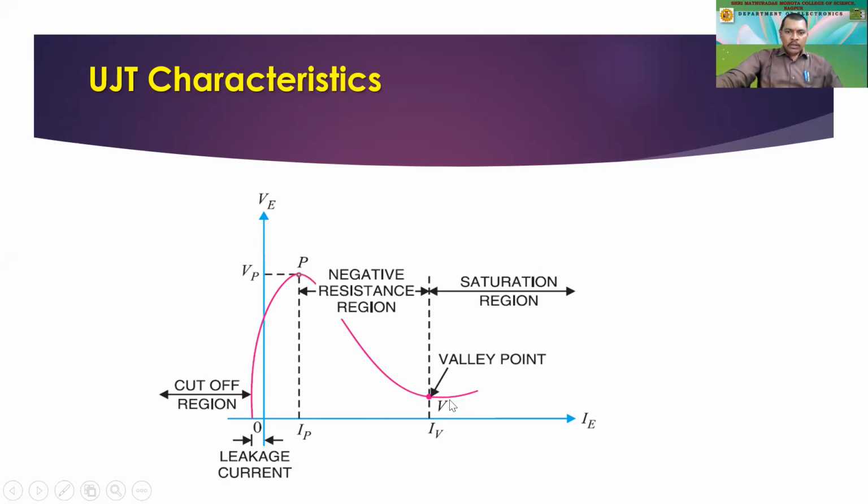And so this is a valley point, and we are having a saturation region again, since there the transistor is not expected to work. That is the saturation. I have told you what is the difference between saturation and cutoff. With a glass full of water, we can't fill the glass if it is already filled.